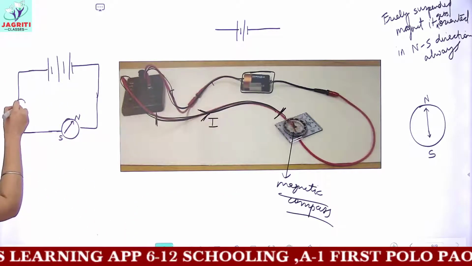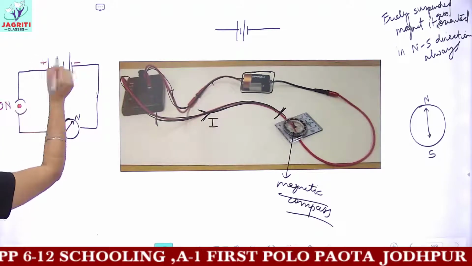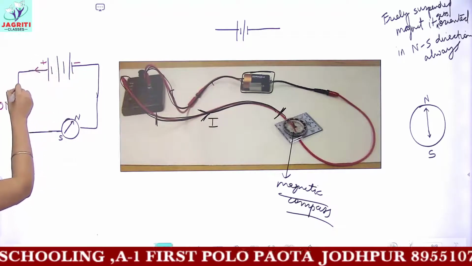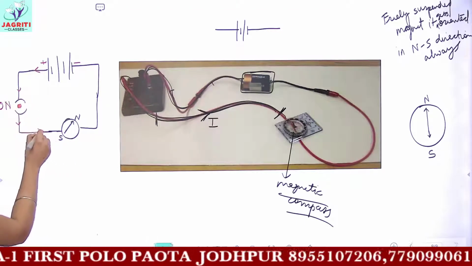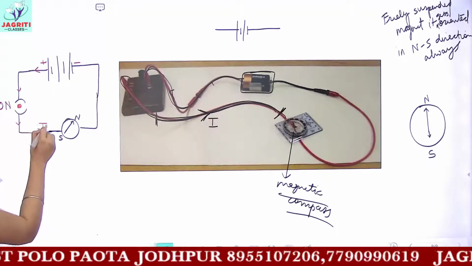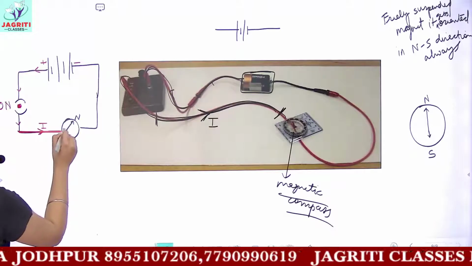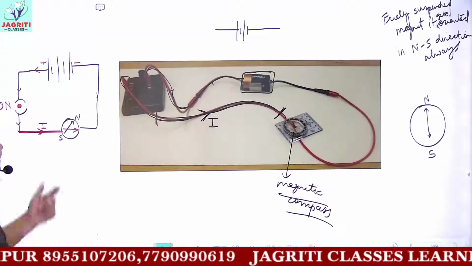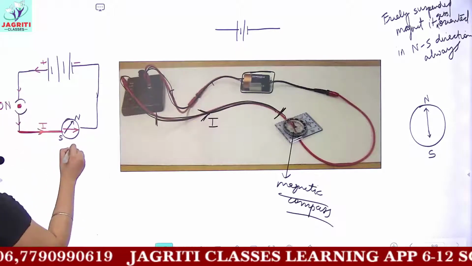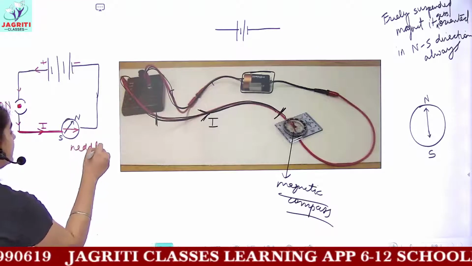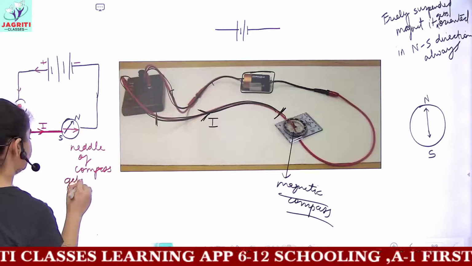What we are observing is, now my switch is in the on condition. Because the switch is on, the current would flow from the battery, and this would be the direction of current. Suppose this is our conductor. When the current is flowing through the conductor, the position of the needle would change. That is, now the position of the needle would not be in the north-south direction. So the needle of the compass gets deflected.